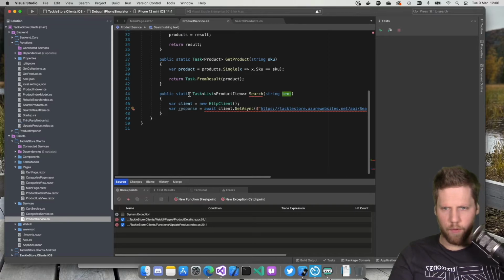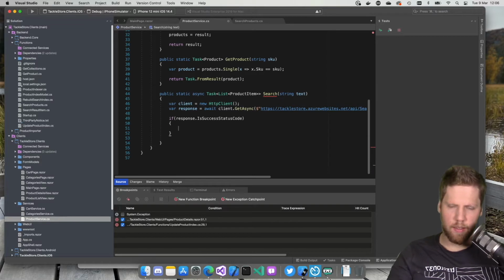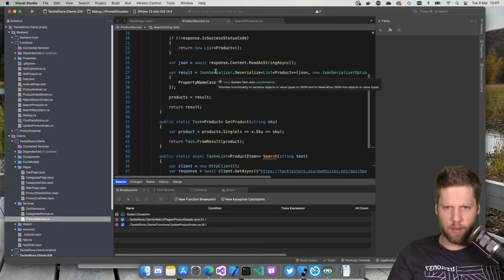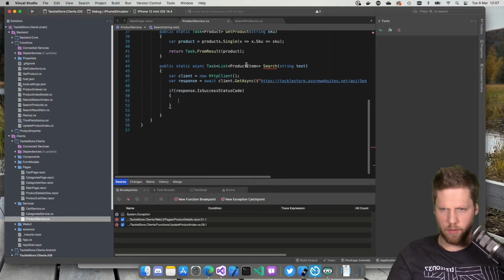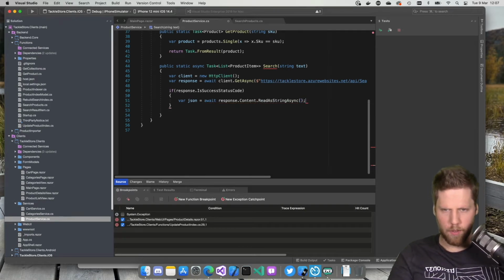This should be enough. Of course, we need the async keyword here, because it's an async call, and then we have the response. So we can check if the response is a success status code, then we can deserialize the result to an actual object. So let's do that. We used JSON.NET, I think, but now we use System.Text.Json in this project, so let's continue with that. But first we need the JSON string, and we will get that by using response.Content.ReadAsStringAsync. So now we have the content as a JSON string, and now we can deserialize it